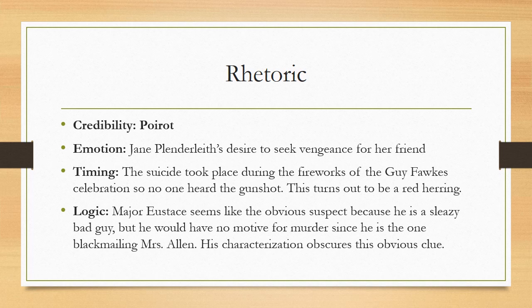So here you see how Christie uses logic to make the case. It all makes sense. It makes perfect sense. But our emotions blind us, as we talked about earlier, from seeing the truth. She knows that can happen. That's how she uses emotion, how she misdirects us, how she understands us as the audience.